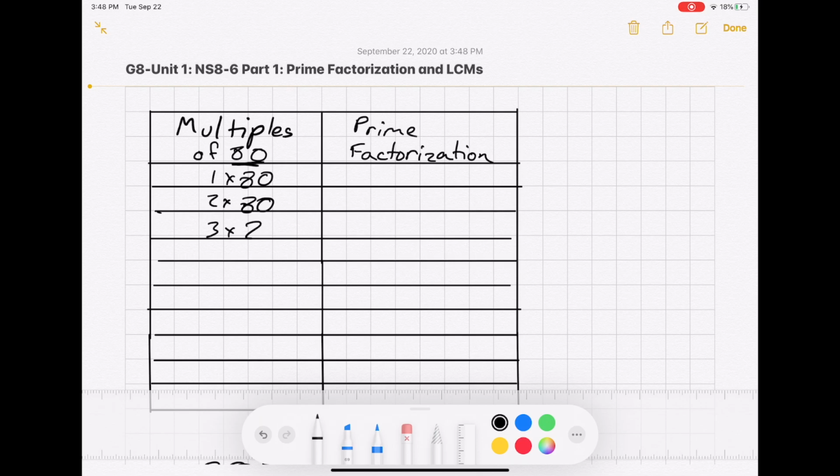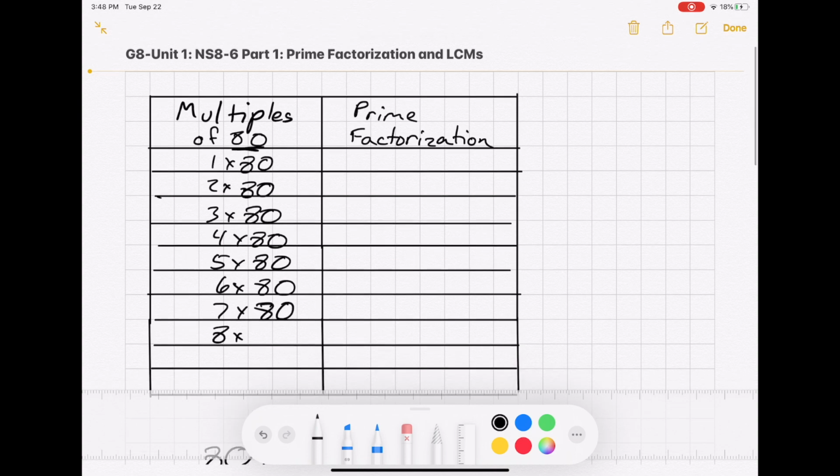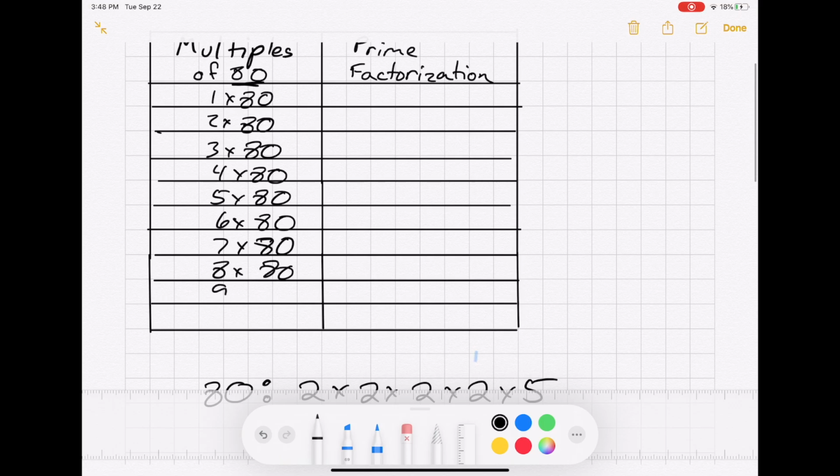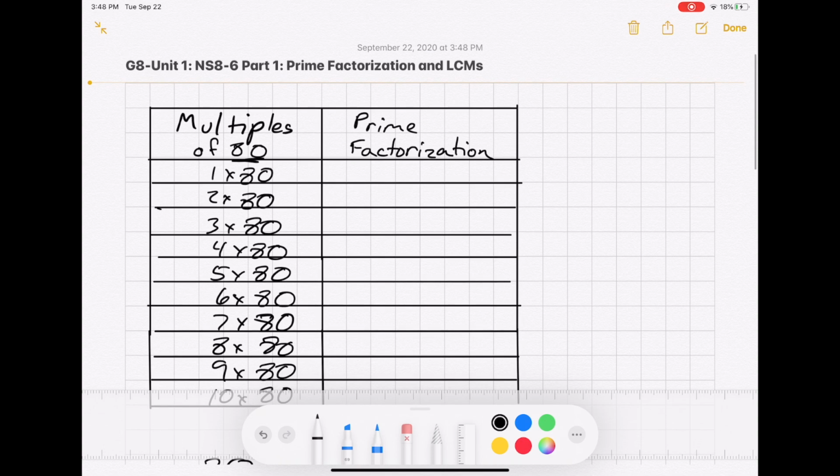I just want you to make a chart and fill it in all the way down like I am. So pause the video and just catch up with me here. All right, so now that we've got this done all the way down to 10 times 80, I'm going to factorize 80